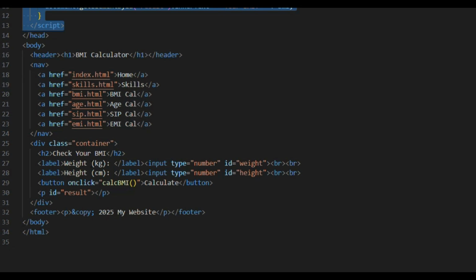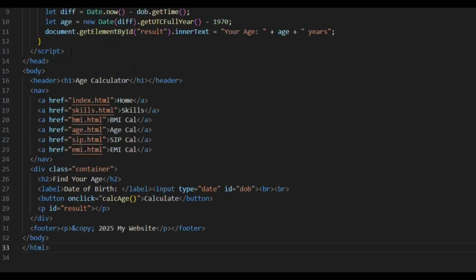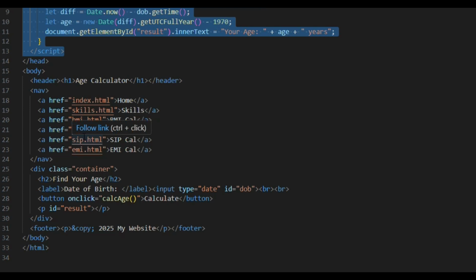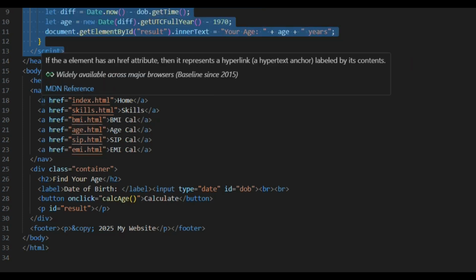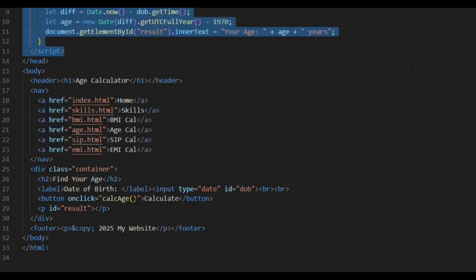Here we are asking weight in kgs, height in centimeters. Now let me see the age calculator. Now you can skip the script over here, you are asking date of birth and calculating the age. So before that, okay, you can see all the tags, it has been there, and you can